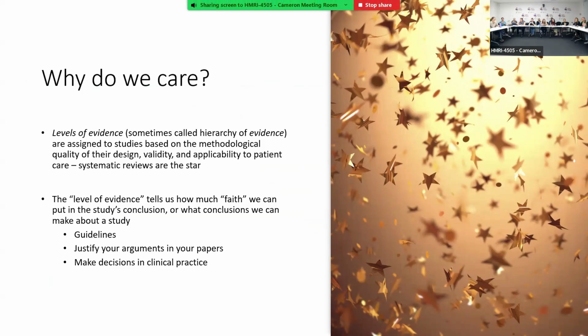And level of evidence, what that tells us is how much faith we can put into a study's conclusion. So if I write a case review on one person, that would be considered a lower level of evidence than if I did a systematic review of 30 really well conducted randomised control trials that had thousands of people in them. So you put more faith in that conclusion than the one case study. But in saying that, each type of research has its place, and it always comes back to what is your research question, what are you trying to answer and address?